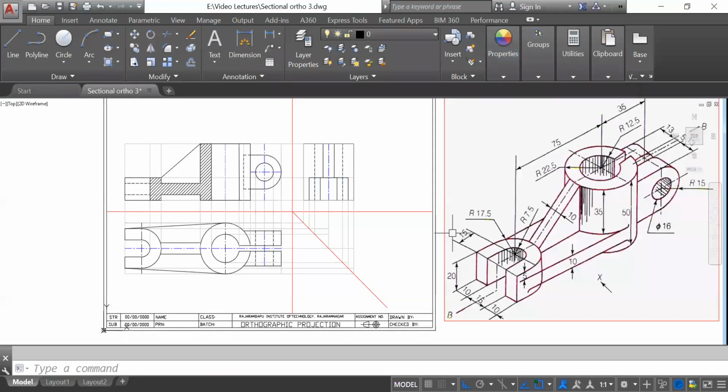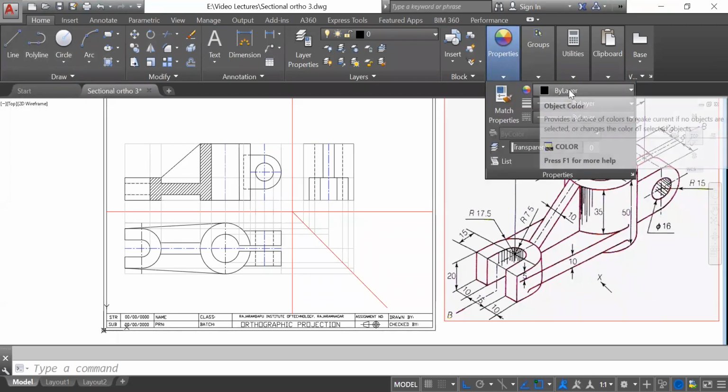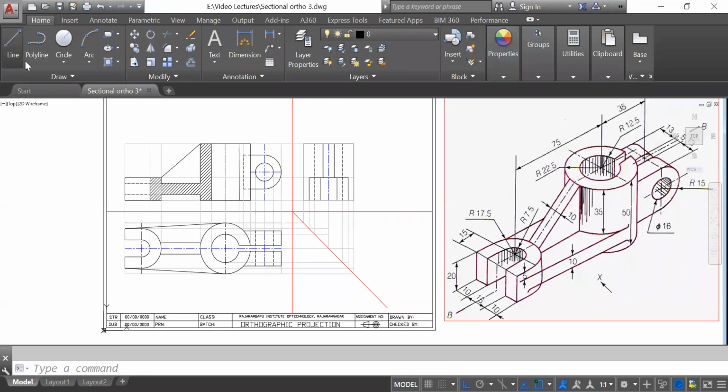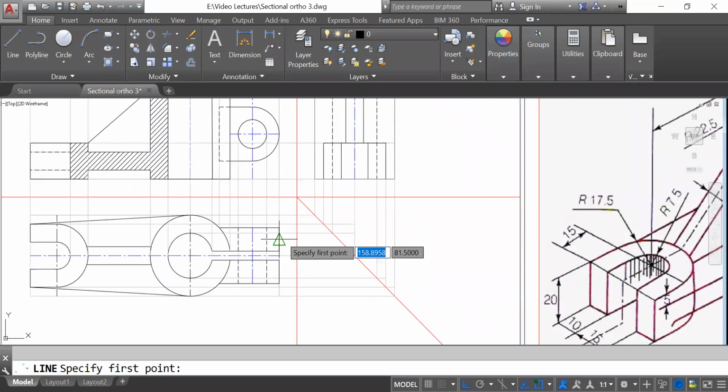Okay, then next, this one is also hidden, this slot. So for that slot, we have to take the projection. You can take the projection from this point.